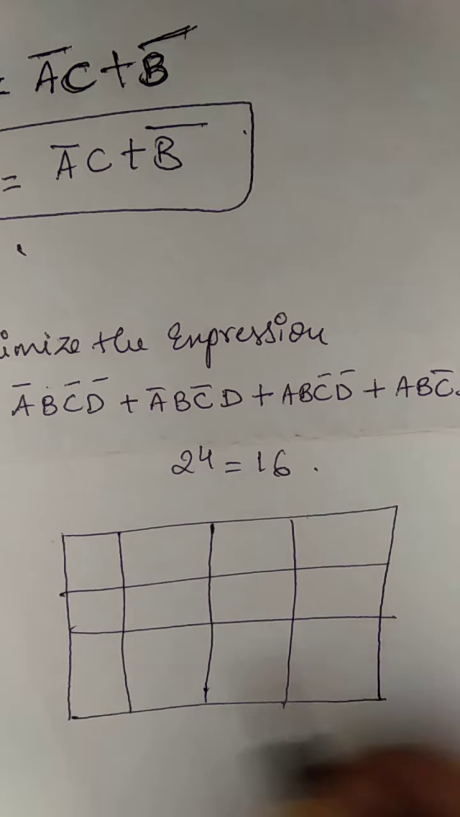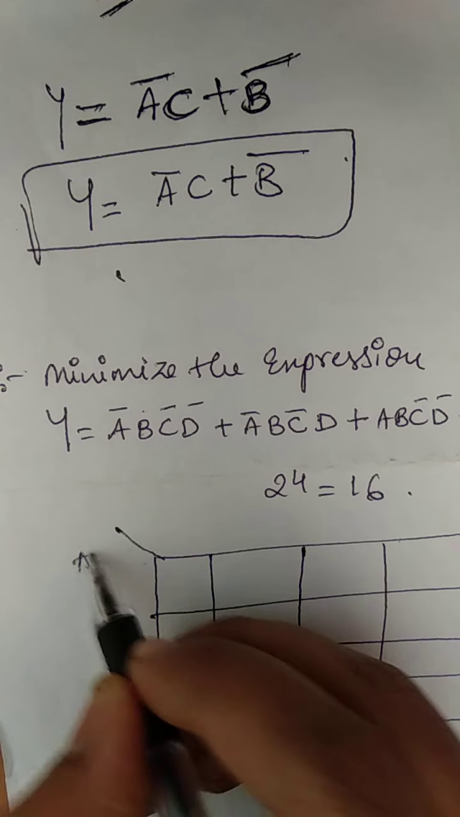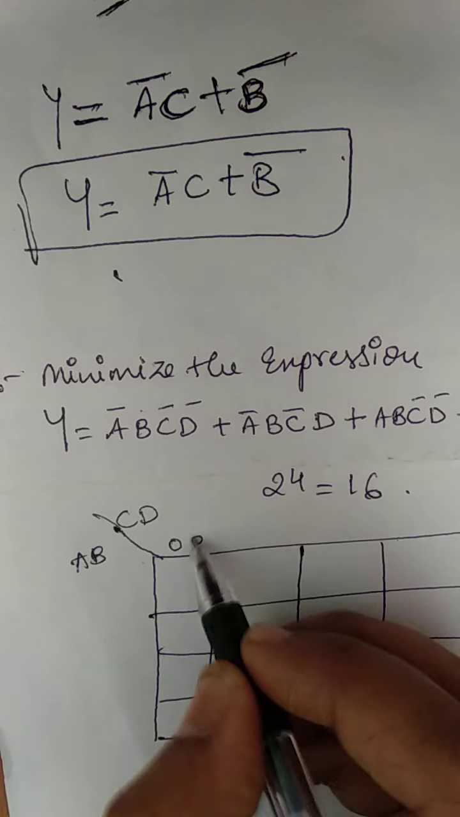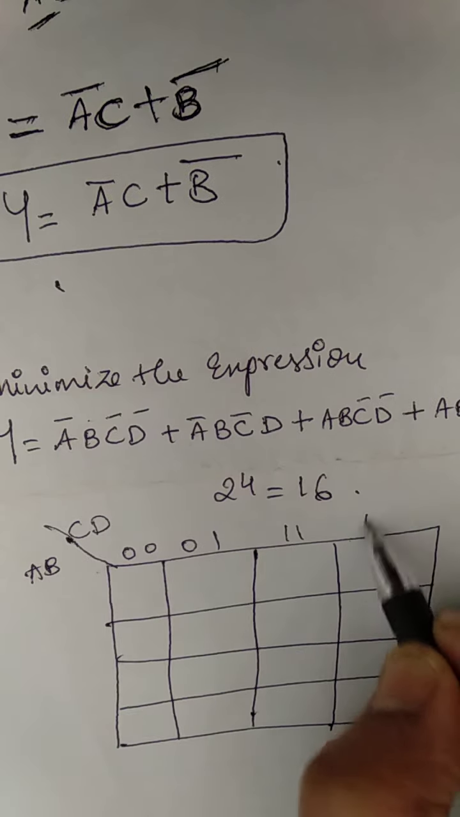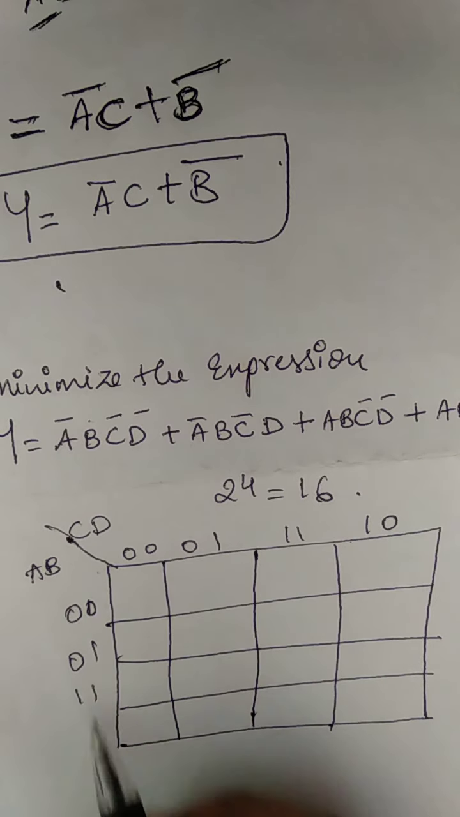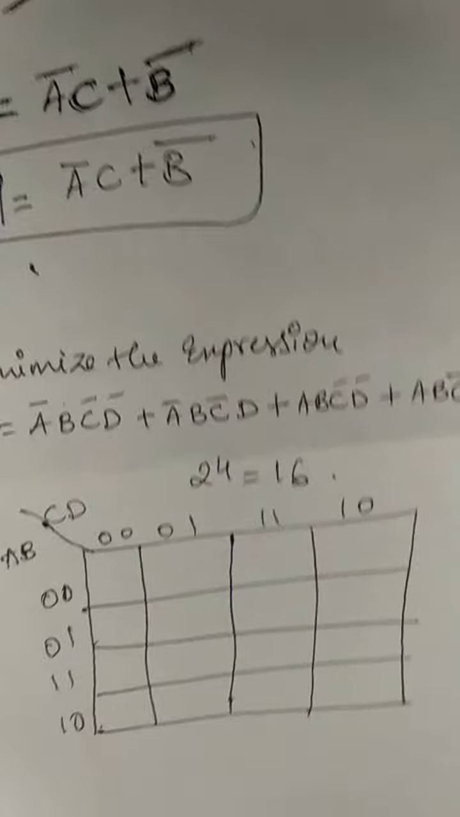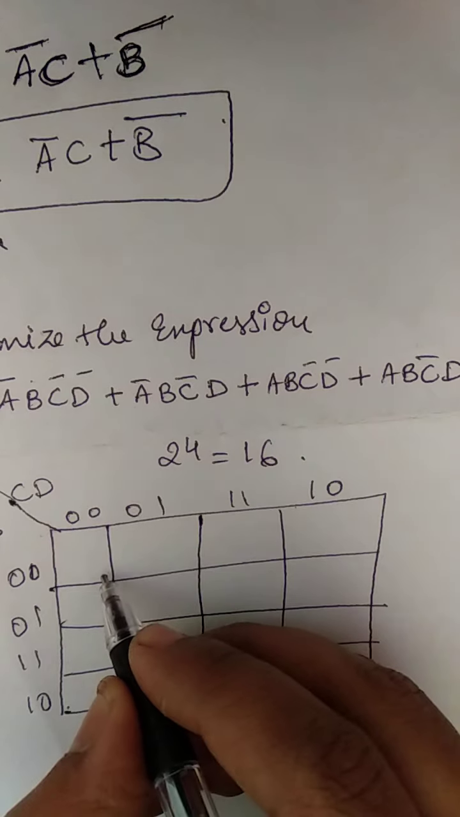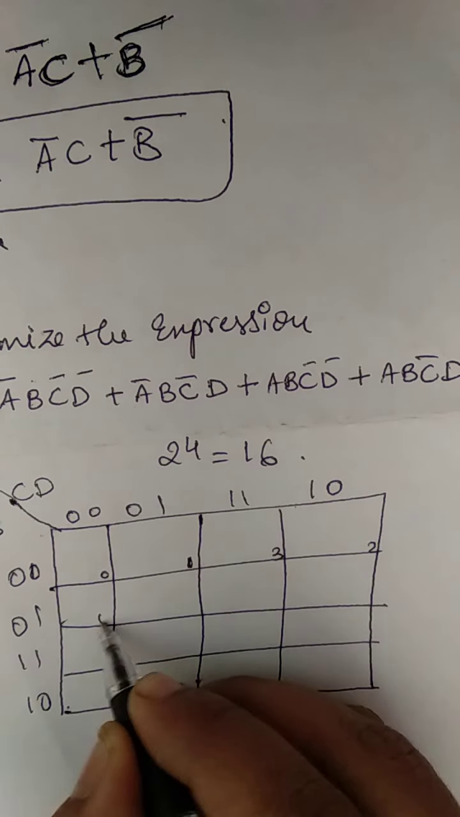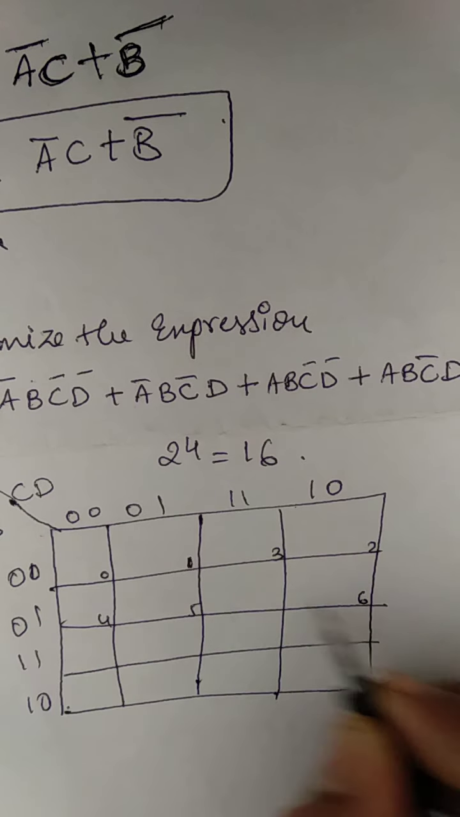One, 2, 3, 4. So how we'll take this? You take it as AB. This is you take it CD. So 0, 0, 0, 1, 1, 1, 1, 0, 0 0 0 1, same 1 1 1 0. So already I have shown for the three variables the value of cell 0 1 2 3 4 5 6